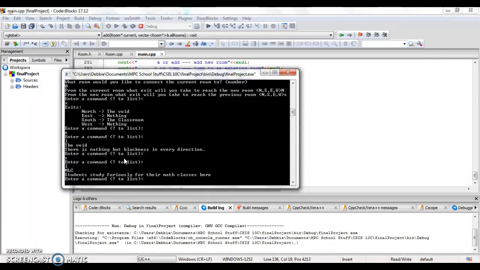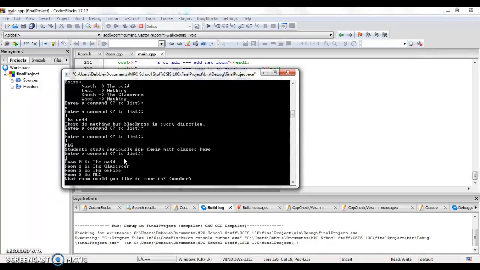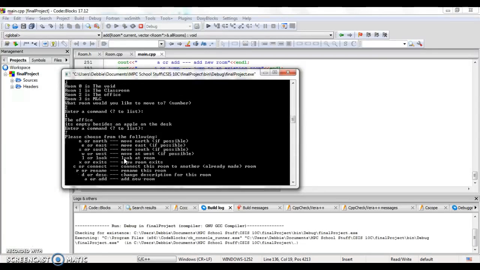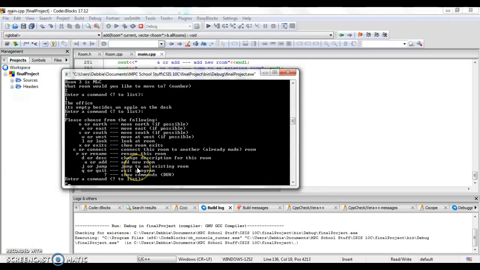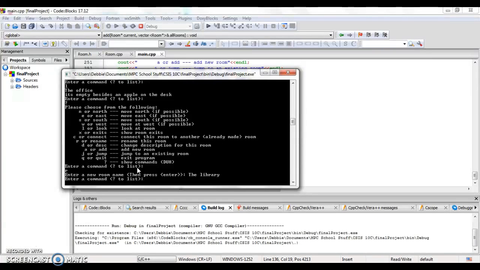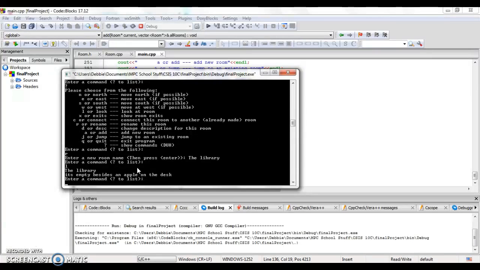From there we can jump to the office, which would be room 2, which we aren't currently connected to in this room. And now if we look, we're in the office. We can rename this room to, let's see, the library. And if we look at it now, the library, and if we give it a new description,